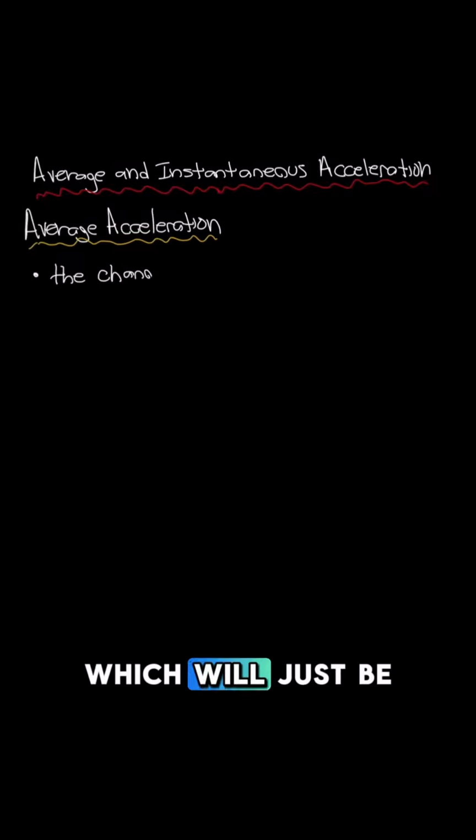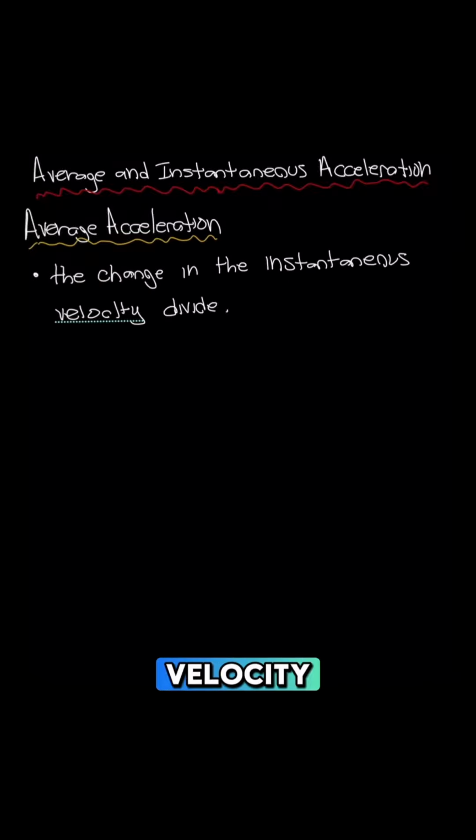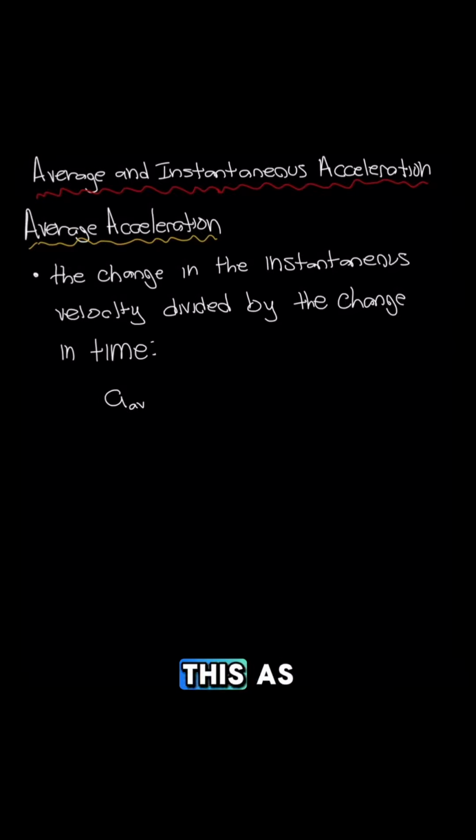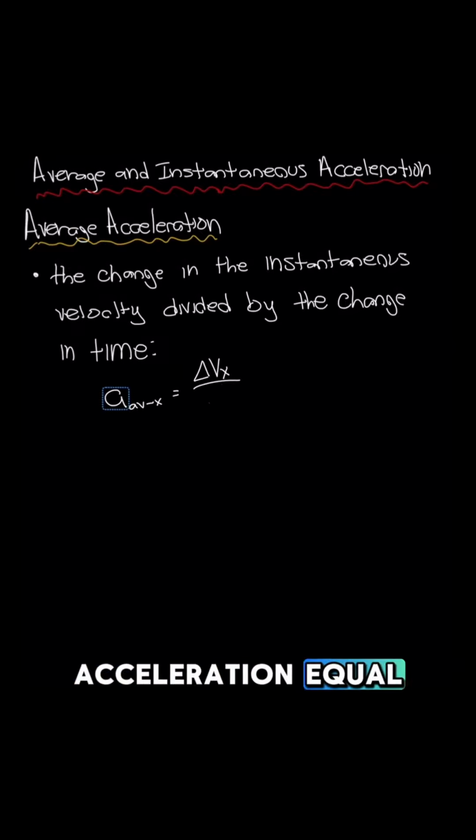Alright, so today's video we're going to look at average versus instantaneous acceleration. So we'll start by looking at the average acceleration, which will just be the change in instantaneous velocity divided by the change in time. So we can write this as an equation where we have acceleration equal to change in